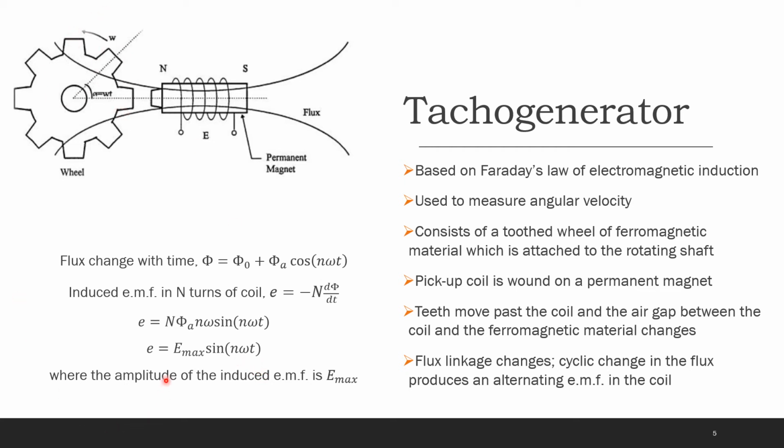As the amplitude of the alternating EMF will be affected by certain other factors, the frequency can be measured. The frequency can be obtained by keeping a record of the induced alternating EMF. Thus, for the working of the tachometer, to find the angular velocity, we can record the induced EMF generated, and from that the angular velocity of the tooth profile can be found out, which is coupled to the original rotating shaft whose angular velocity has to be measured.